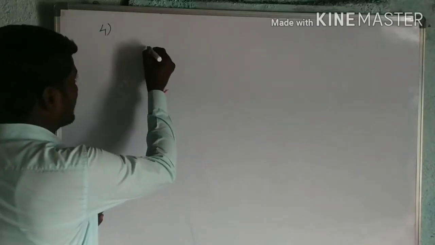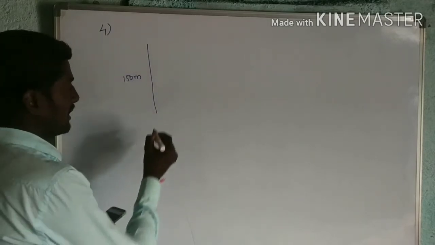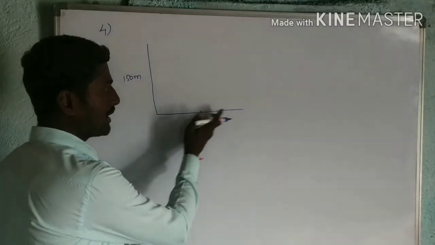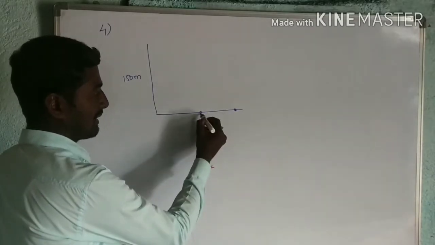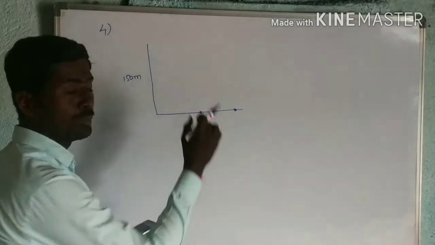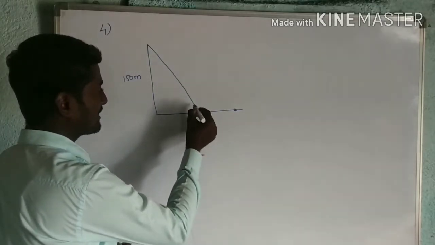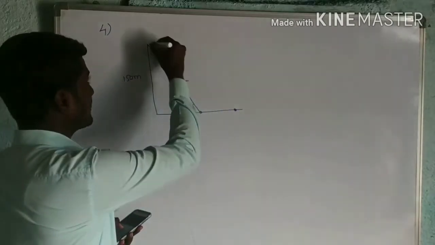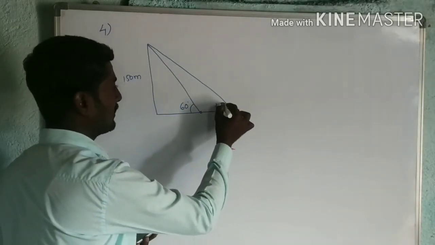So here one lighthouse is there. The height of that lighthouse is 150 meter. A man in a boat. There is a boat at this position. This boat is moving away from the lighthouse. Now after 2 minutes the boat will be at this position. The time taken by that boat from here to here will be 2 minutes given. And from this position the angle of elevation is given as 60 degree. And for the second position the angle of elevation here given as 45 degree.